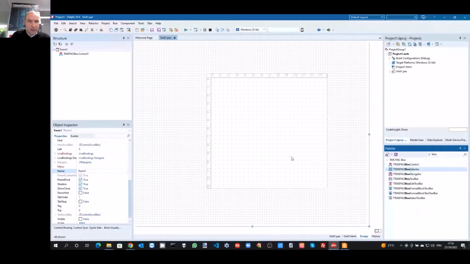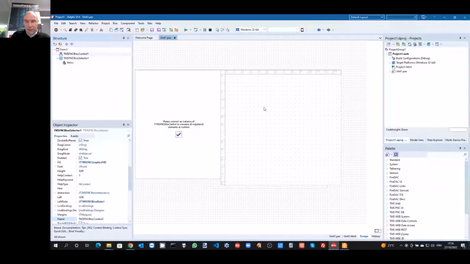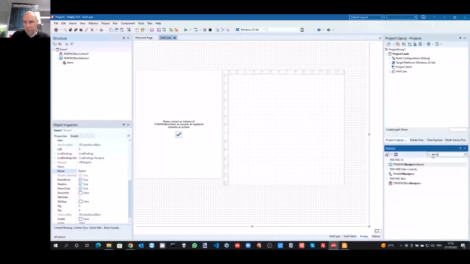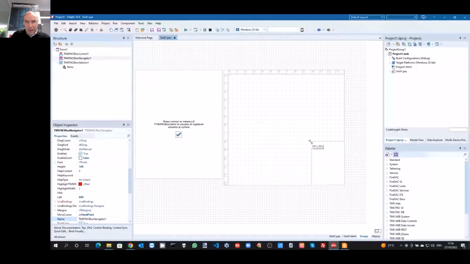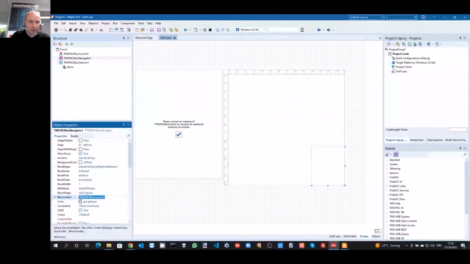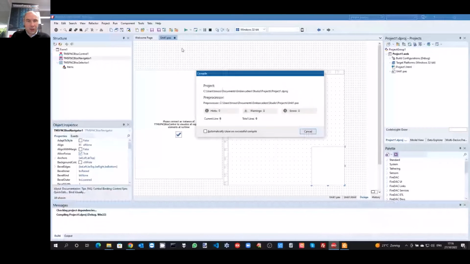So let's add the selector so that I will have exactly the same possibilities, maybe also the navigator like this. They are always automatically hooked up when I drop it on the form. Also, the navigator is automatically set to the blocks control that it finds on the form. So let's run this web application.